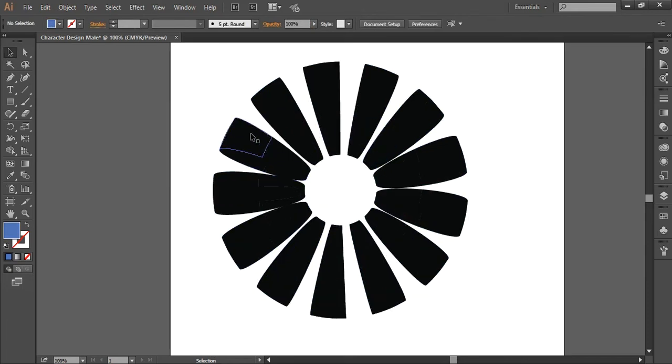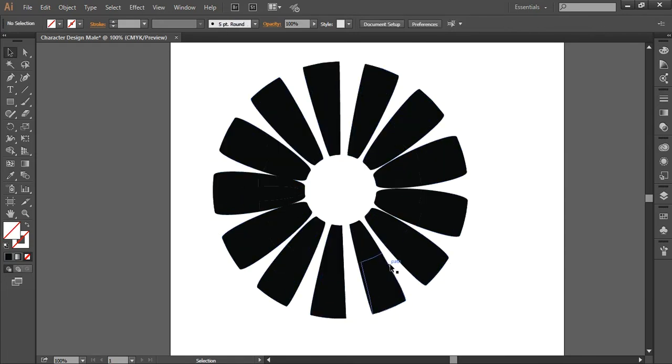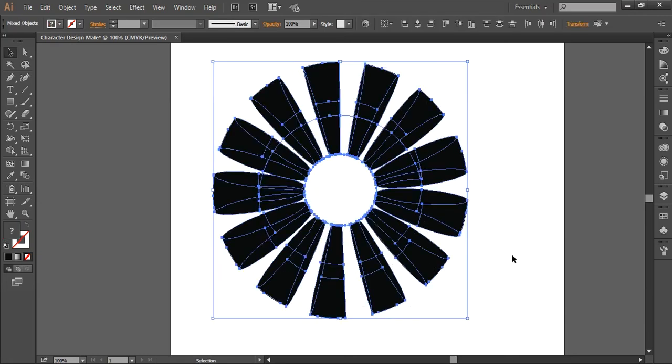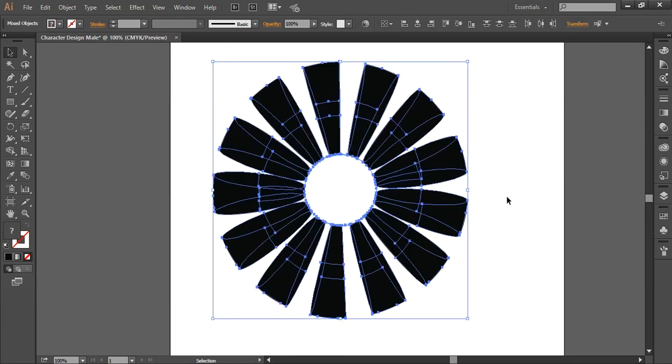Now what you need to do is to just select the unwanted parts and delete them, so you can achieve your art more clearly. Delete the rest of the parts.